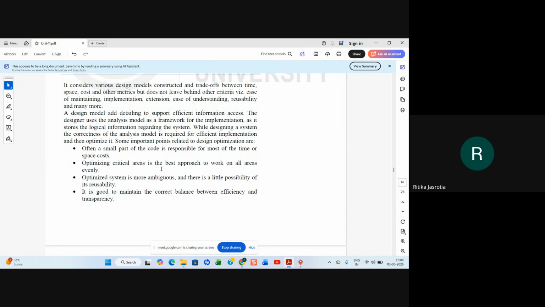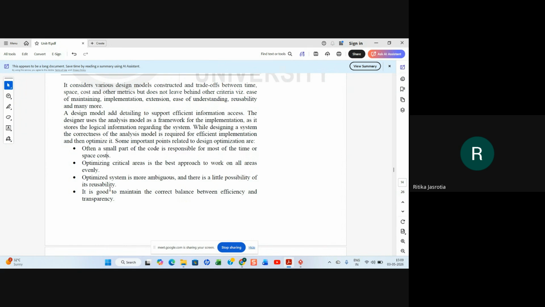Optimizing critical areas is the best approach rather than working on all areas evenly. So those areas which are critical in your system, for those areas you should design the best approach, right?